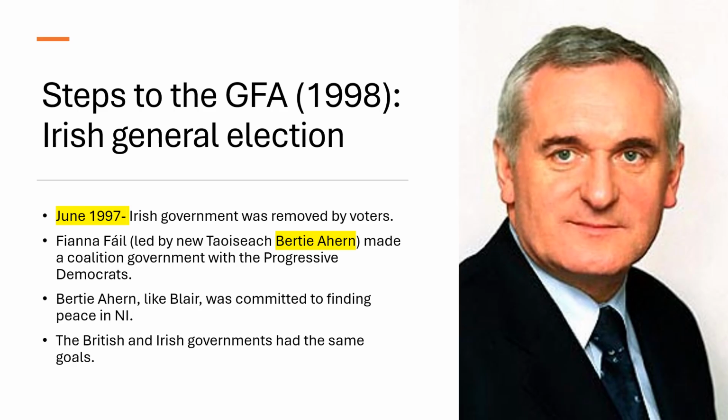And if you have London and Dublin, the British and Irish governments, working together on one agreed goal, that makes it much easier then to try and persuade the political parties and the people of Northern Ireland to pursue that goal and to follow that goal. So you have both governments in London and Dublin singing from the same hymn sheet, and that makes it, not very easy, but much easier than if one government was against the peace process. So this really helps to shore up the steps towards the final Good Friday Agreement eventually in 1998.